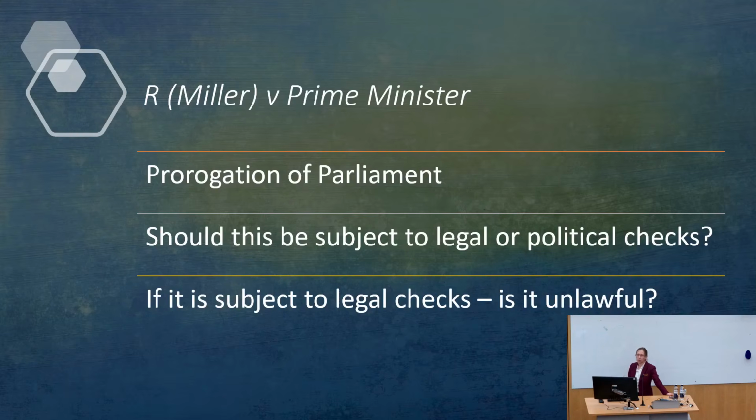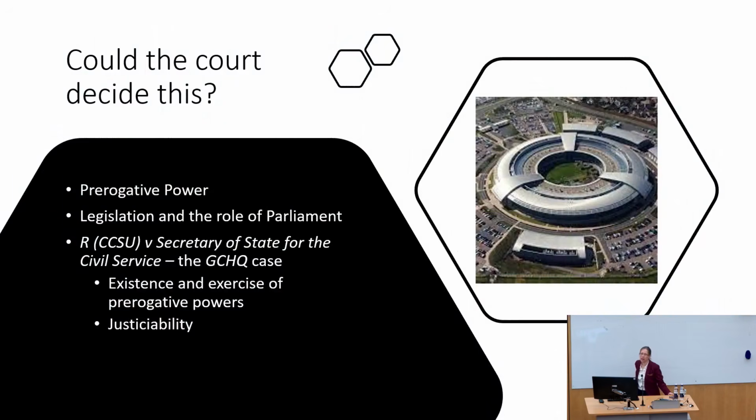The Supreme Court have done that twice, both in cases to do with Gina Miller. So this is how important these cases are, and this is why the students joke, just put Miller down. It will answer anything you need, because these are probably the two most important constitutional law cases, at least of this century. There'll probably be others, because it's constantly changing at the moment. So we need to explore this in a little bit more detail.